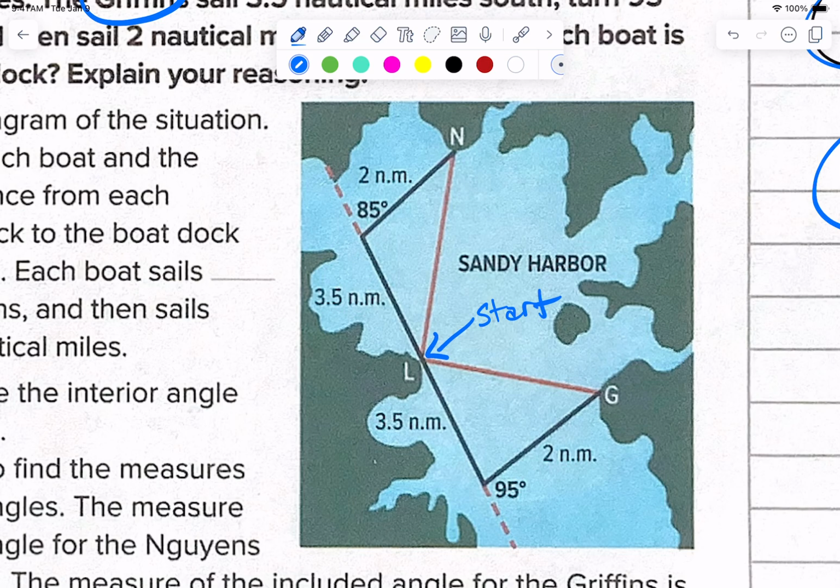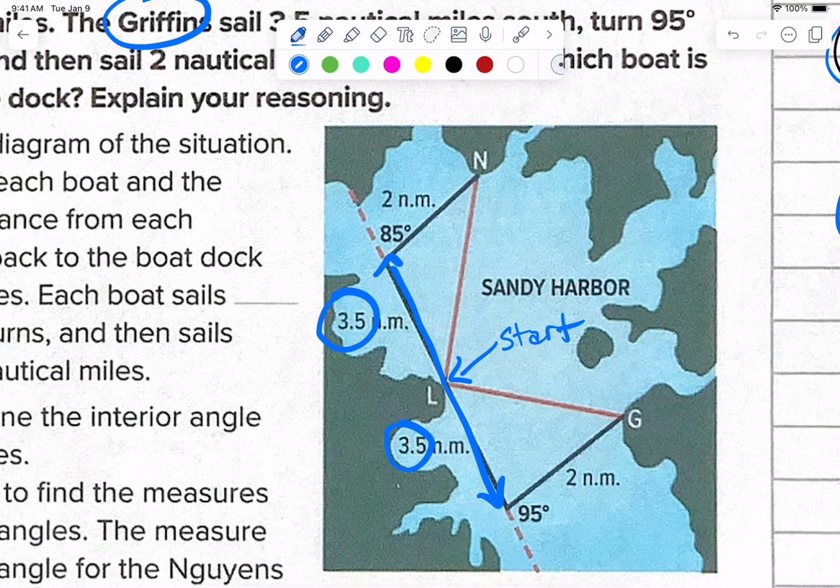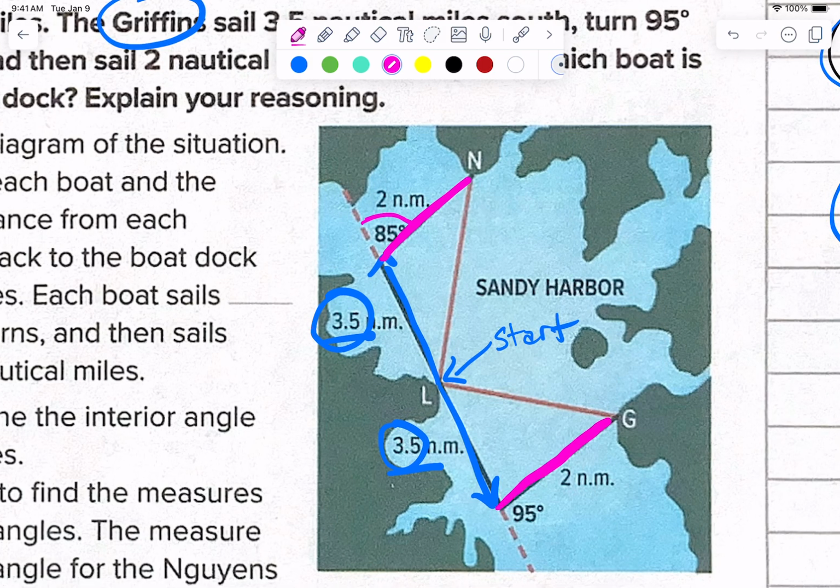Okay, so one family is going north. The Nguyen family is going north 3.5 nautical miles, and the other one is going south for 3.5 nautical miles, and that is the Griffin family. Okay, now that's important. They're both going the same amount. One's going north, one's going south. Got it? Then they are turning. So the Nguyen family is turning 85 degrees, and they're going 2 nautical miles. The other one is turning 95 degrees and going 2 nautical miles. So the important part is,